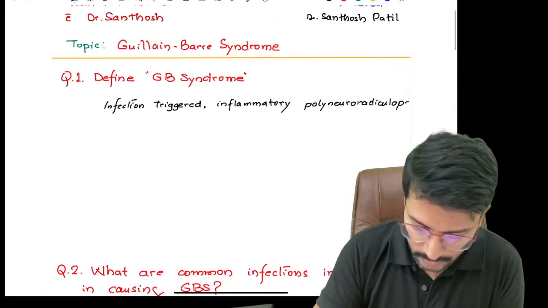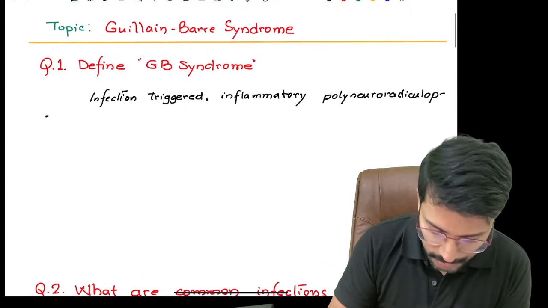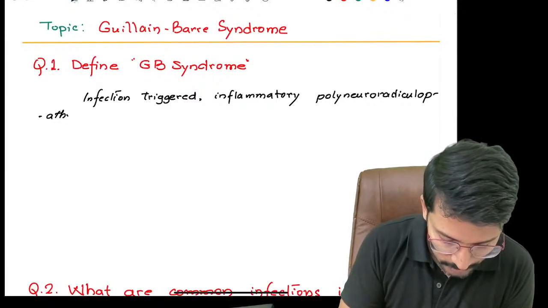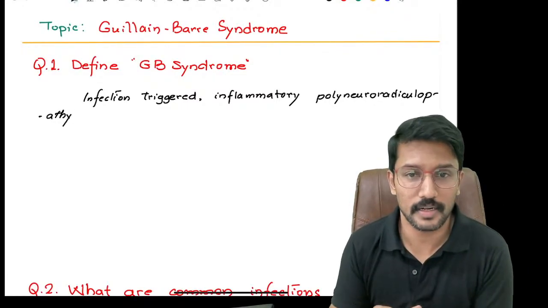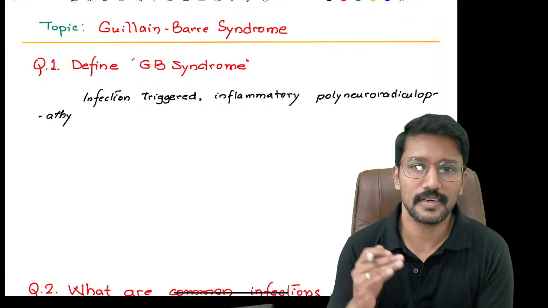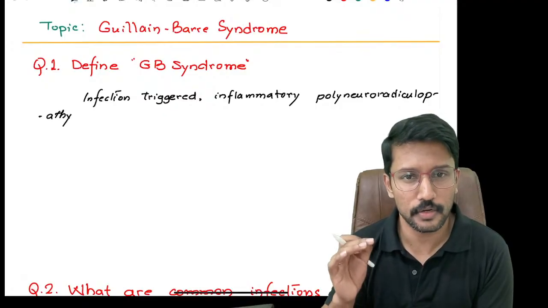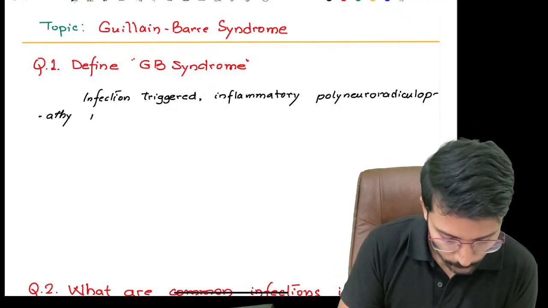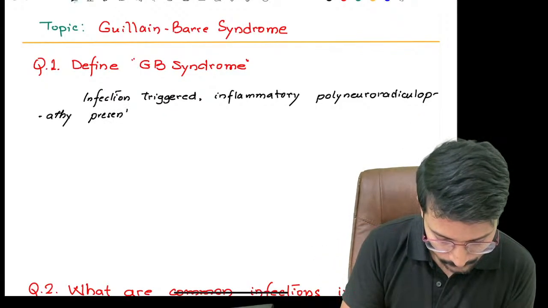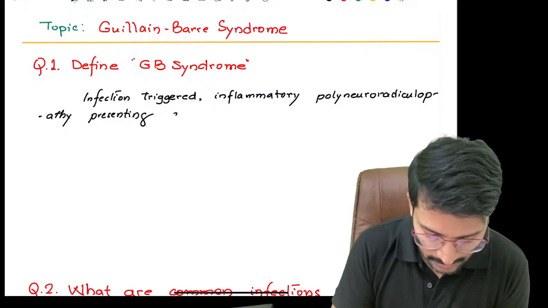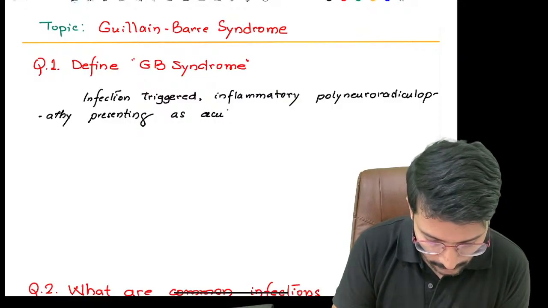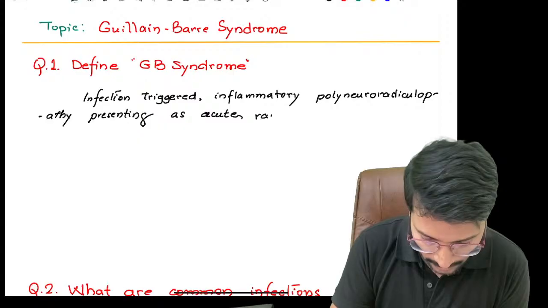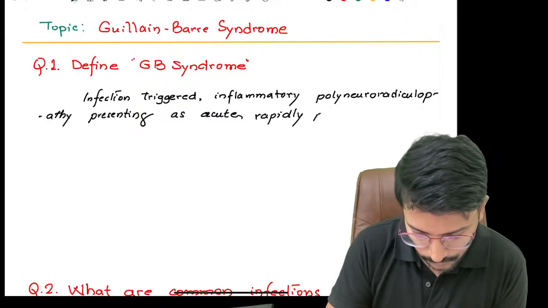Please pay attention to every word that we are mentioning in the definition, because that holds the key to our understanding of the disease. It's an infection triggered inflammatory polyneuropathy presenting as acute, rapidly progressive,